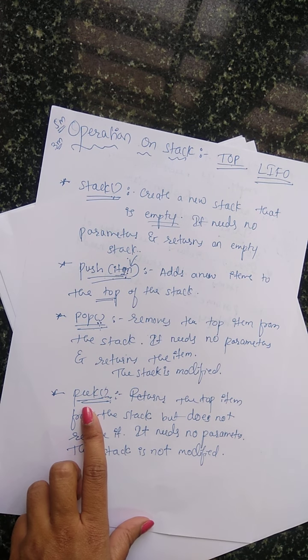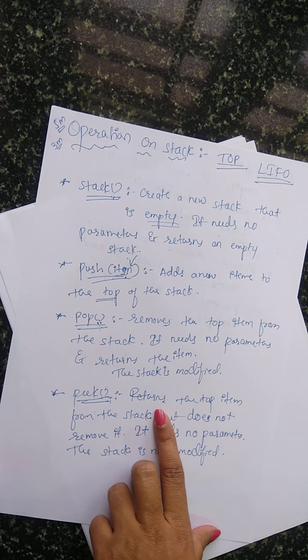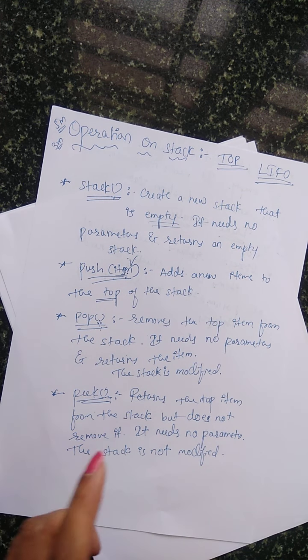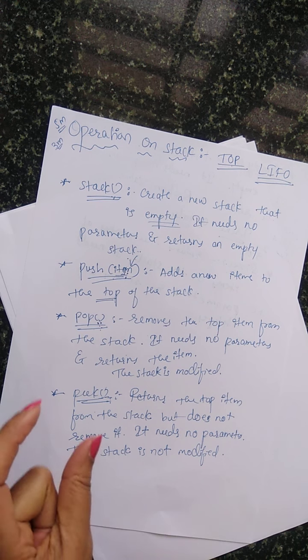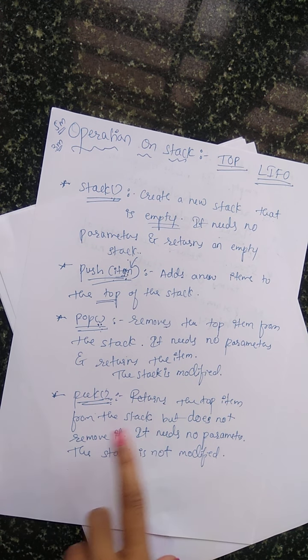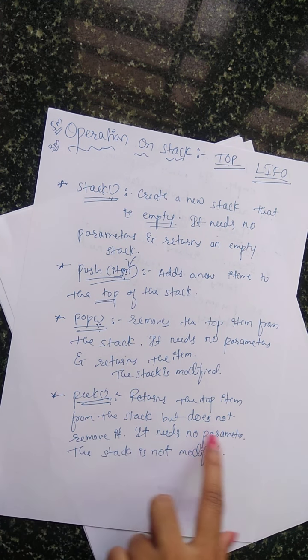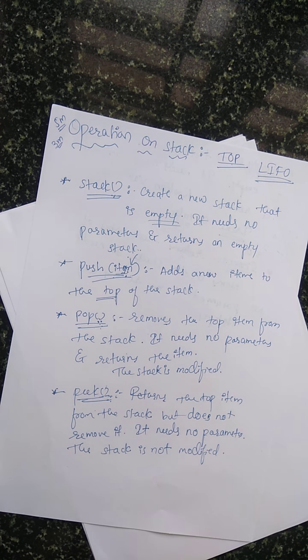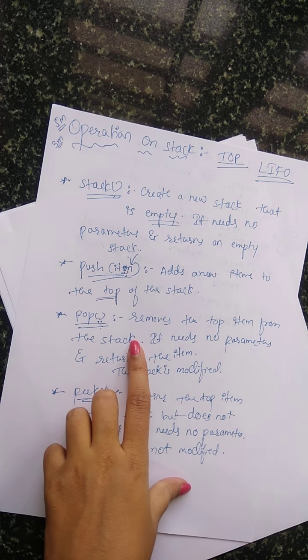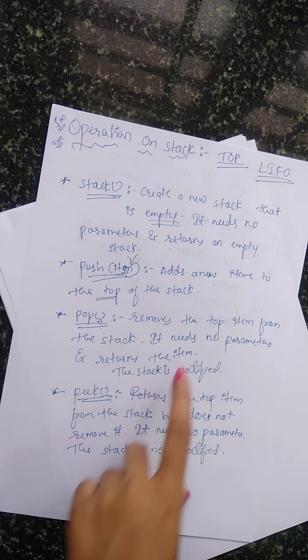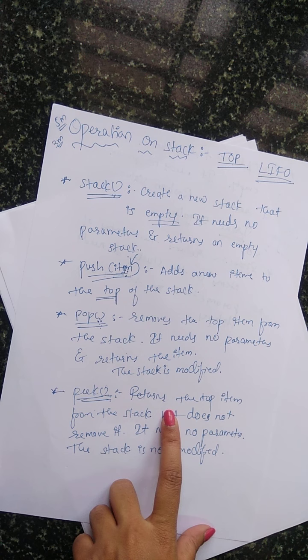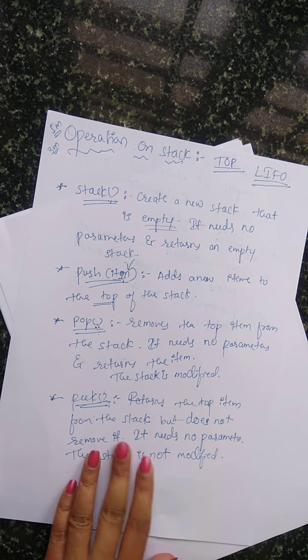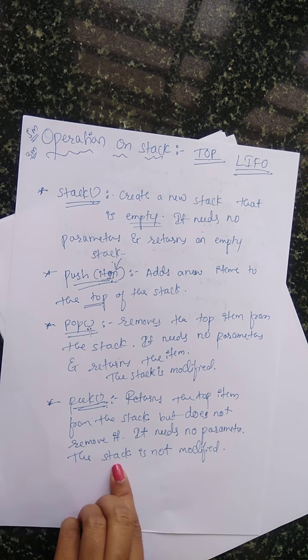The next one we have is peek. So this peek function is used to return, means to display the top element, which is the recently added element. Lastly, which element you had added, that element will be displayed, but it will not remove that. Understand the difference between pop and peek? Pop will help you to remove the element and it will display that element also, whereas peek only displays the content but it will not delete that. Done? Here no need to take any argument and the stack is not modified.